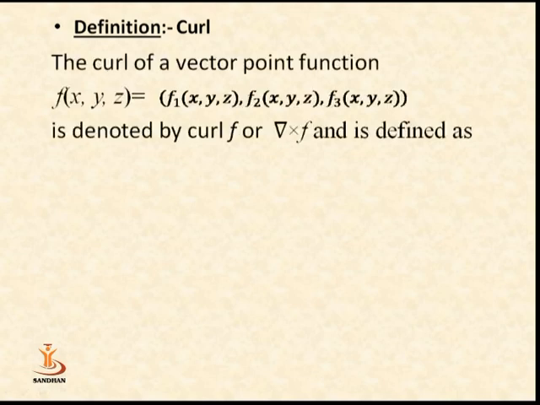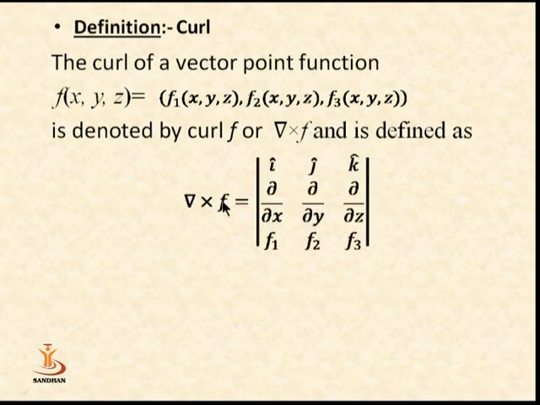Now we see another definition called curl f. Curl f is also a vector process. The curl of a vector point function f(x, y, z), with functions f1, f2 and f3, is denoted by curl f or del cross f, and is defined as del cross f is equal to the